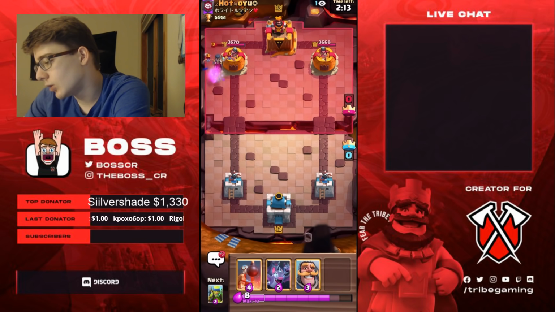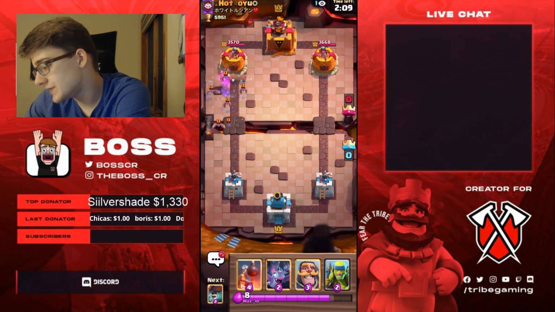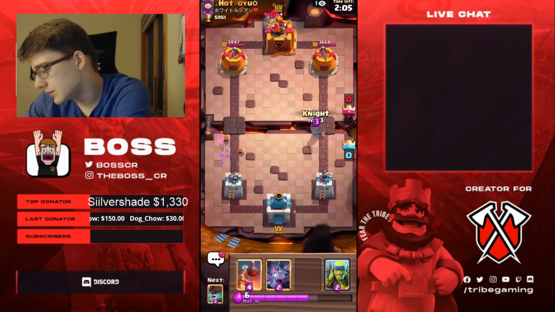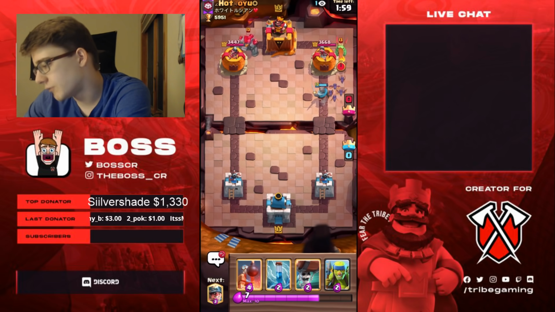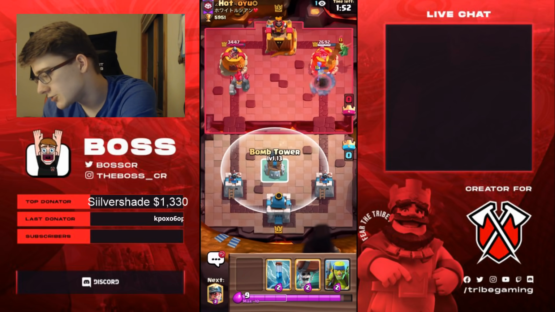Now, Golem is a little tough, especially in double and triple, but if you do enough damage in single, you can end up winning. What you need to do is... Okay, so the play here is to go Knight and Bats and try to force a Baby Dragon out of him. That's 4 elixir he can't put behind the Golem. Baby Dragon's really hard to defend, so I really did not want him to go for a Baby Dragon